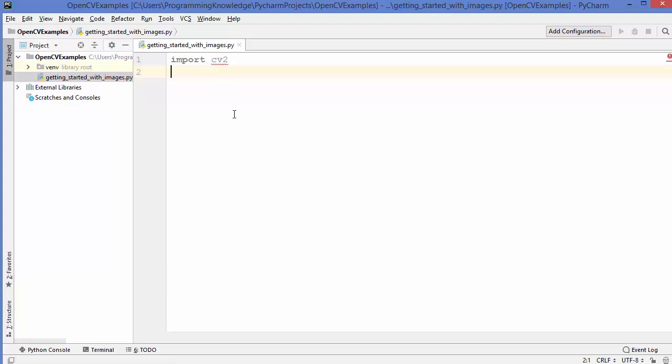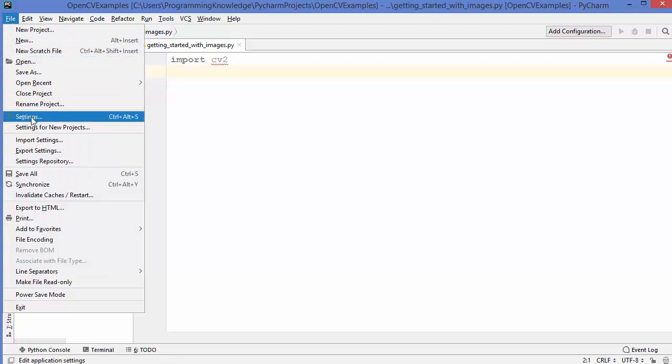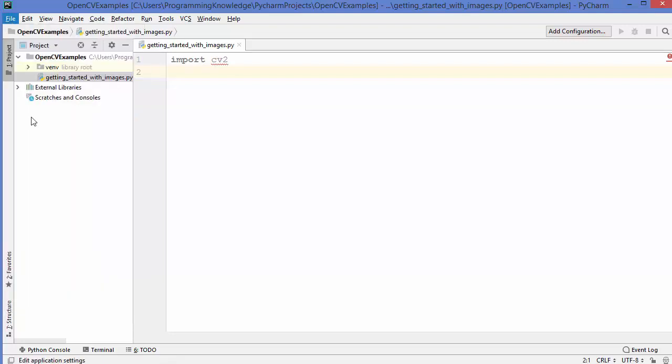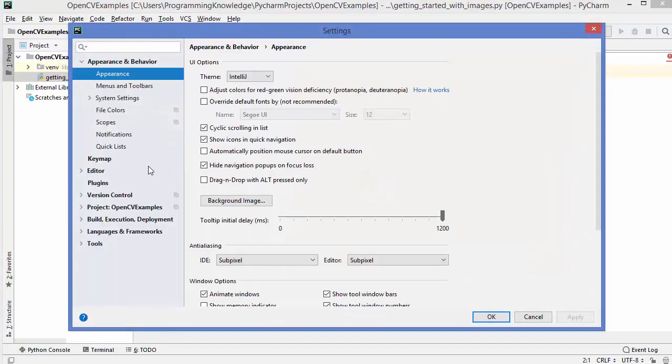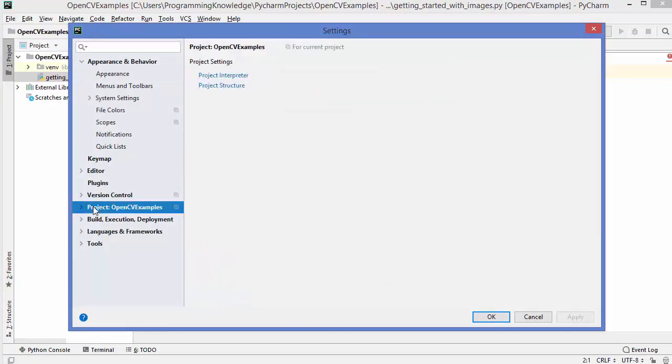Now on PyCharm IDE, you need to install OpenCV a little bit differently. So if you are using OpenCV, you just need to create a project inside OpenCV, and then you just need to click on File and then go to the settings. Now once this settings window opens, you just need to go to the project, and then it'll say after colon